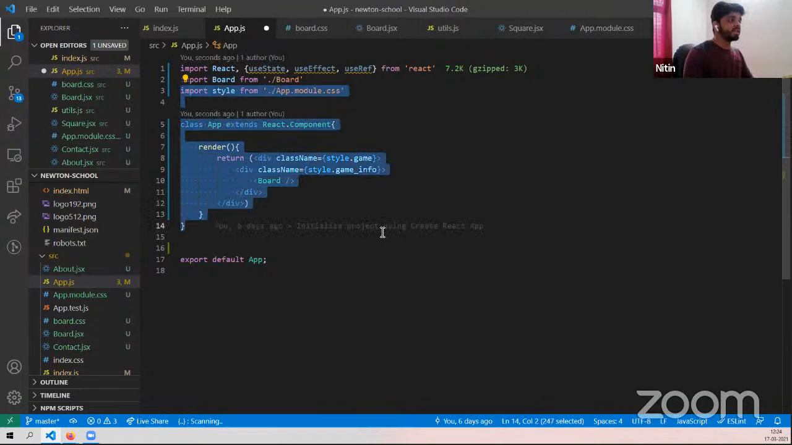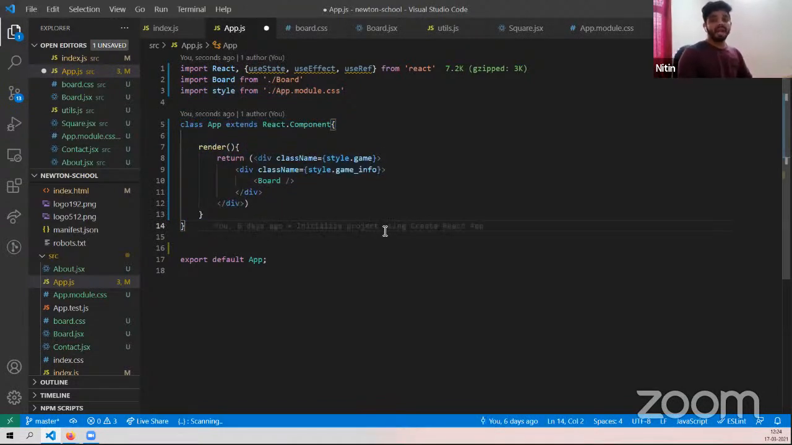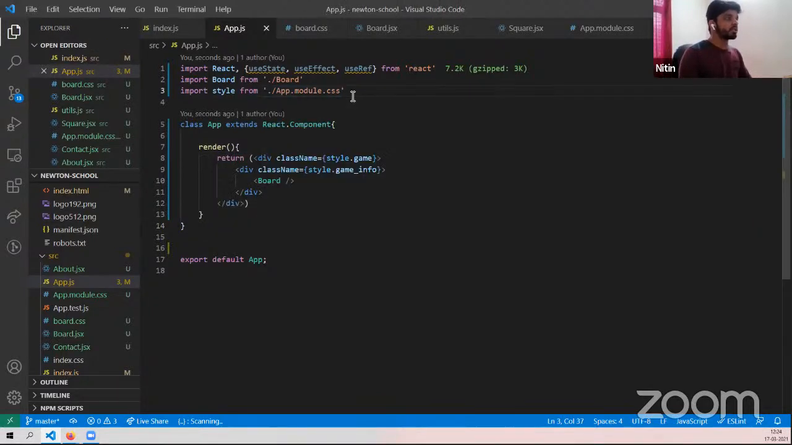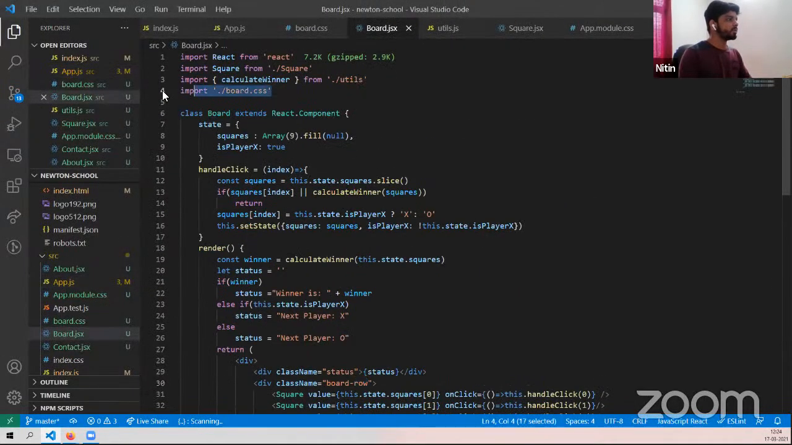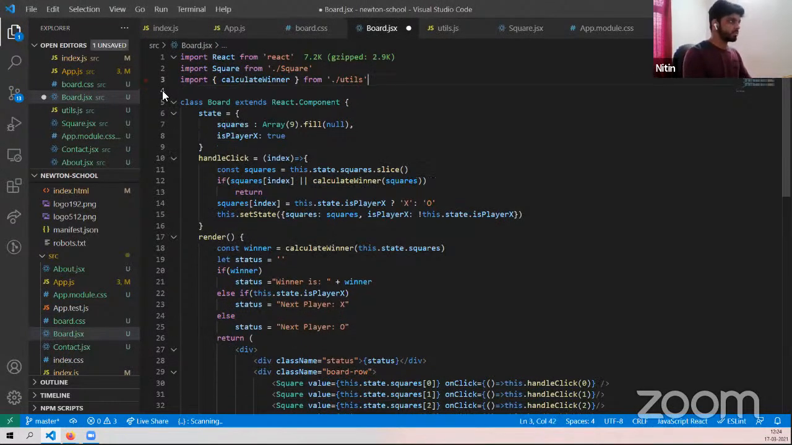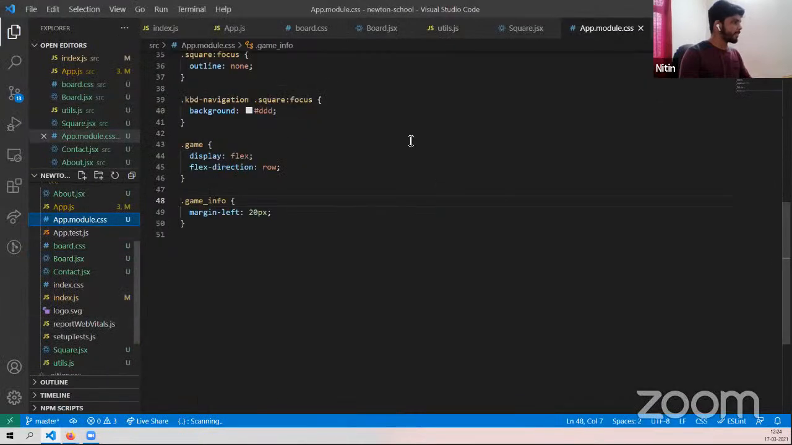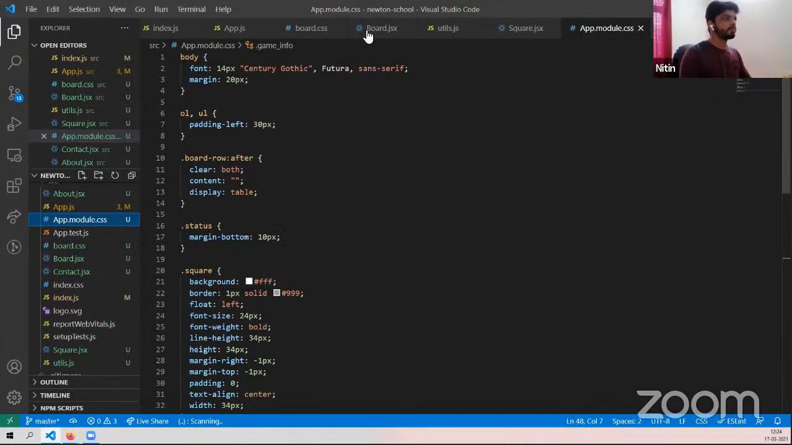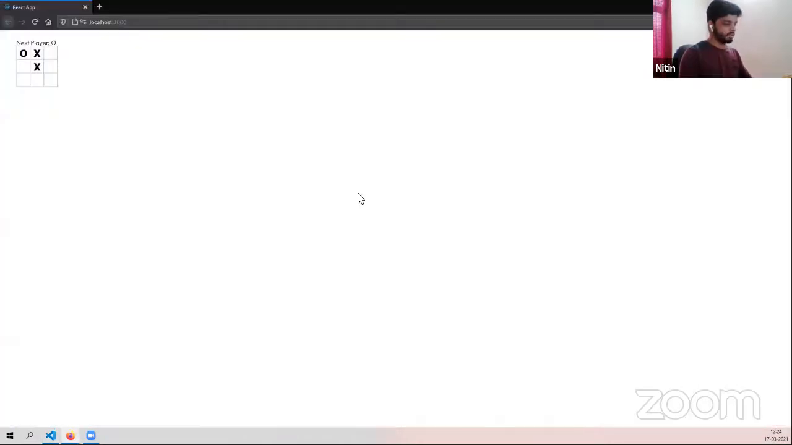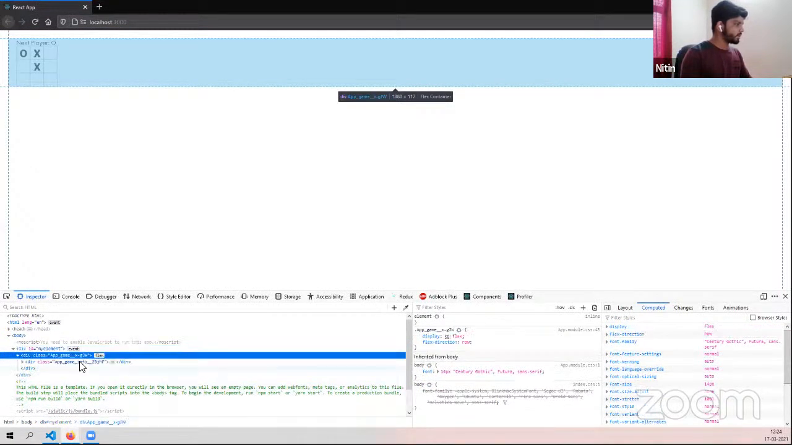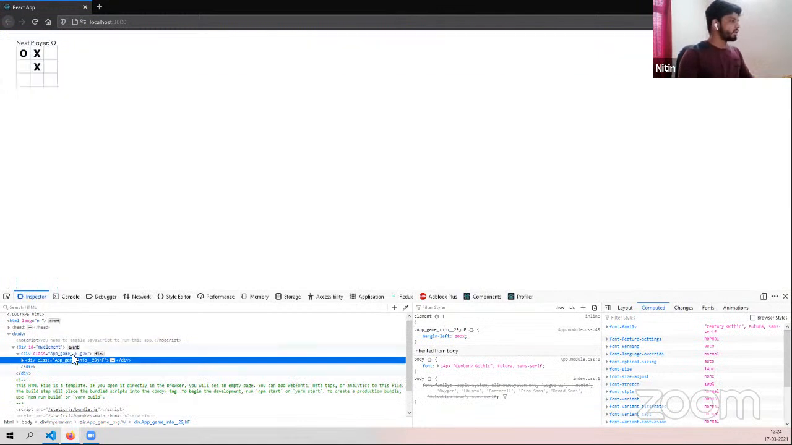Now what you will see is, whenever we import it like this, it is only applied to the current component that it is imported in. Its style will not propagate to other components. Let's see how it works, just to make sure. Board.css. If we go here and look at our element,